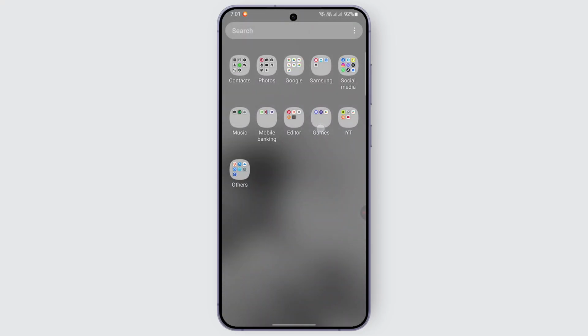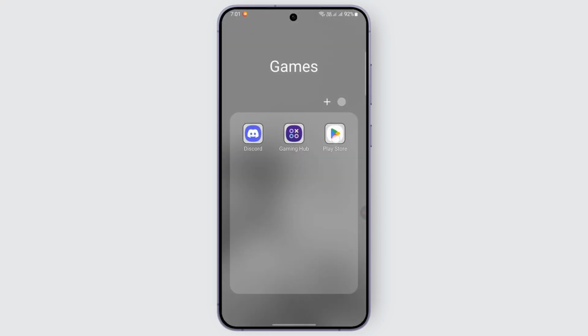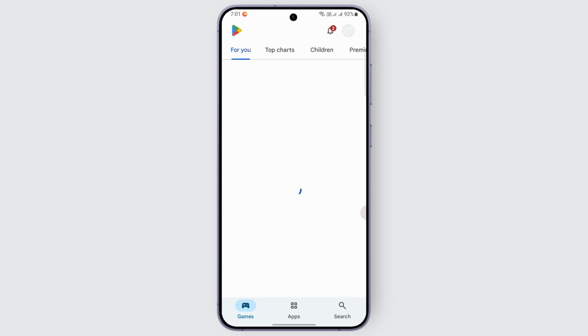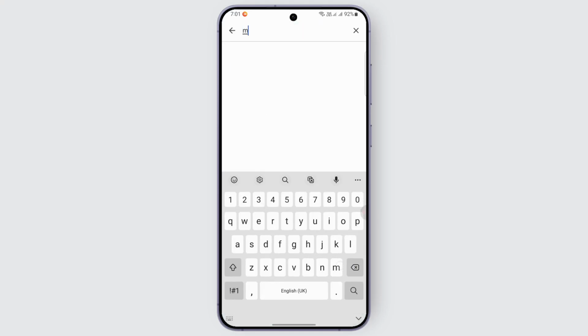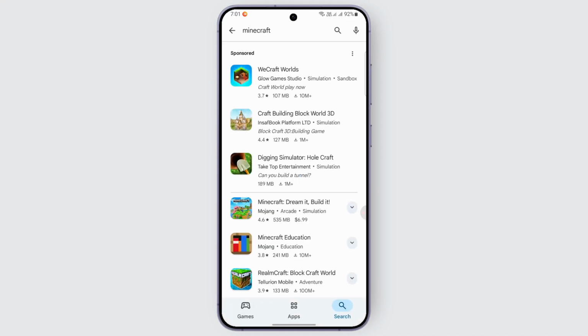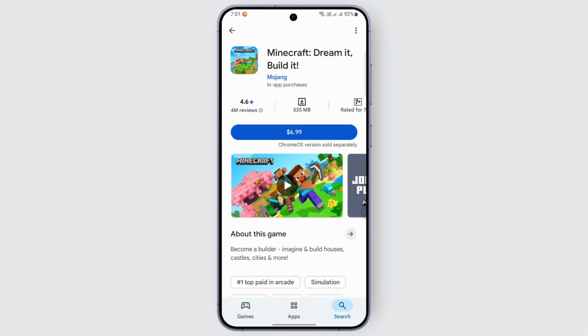First of all, you can head over to your device's Play Store if you're on Android. After that, you can use the search bar and search for Minecraft here. And once you find it, you can look out for Minecraft. As you can see, Minecraft is a paid application. If you would like to purchase it, we need to pay a certain amount, which is $6.99. Unfortunately, we cannot get it free if you're trying to do it